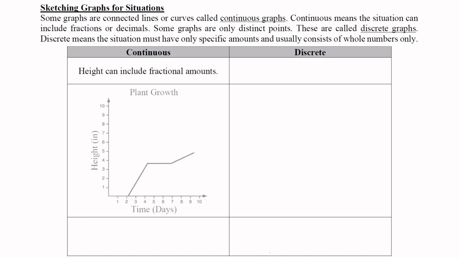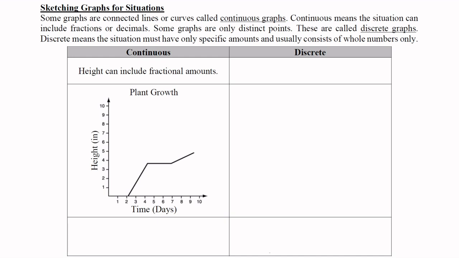A continuous graph is one like shown here, where we're looking at plant growth. We're looking at the height of the plant over time, okay? Height can include fractional amounts. You can see that the plant on its way to getting 5 inches tall by day 9, at some point